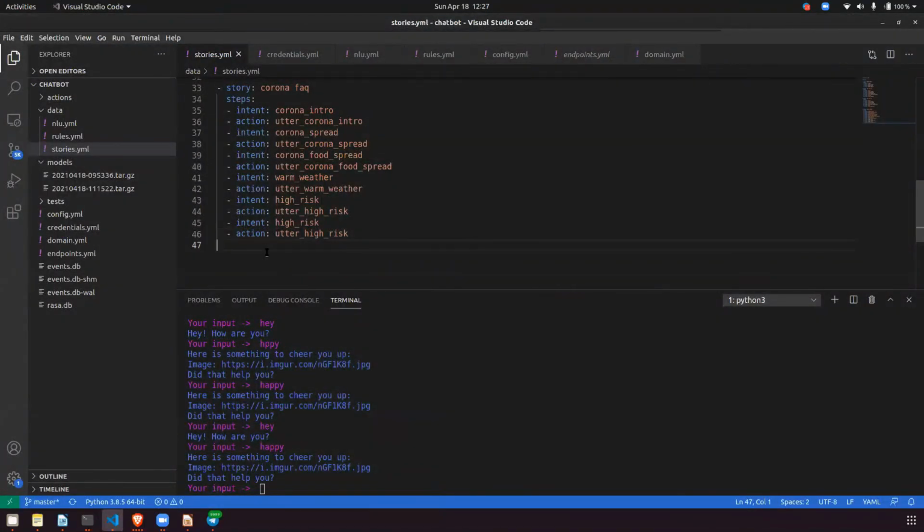So yes, everyone, this is the project session for the chatbot. I know many confusions will be there, but that is only because of the lack of knowledge. That's it, nothing else.